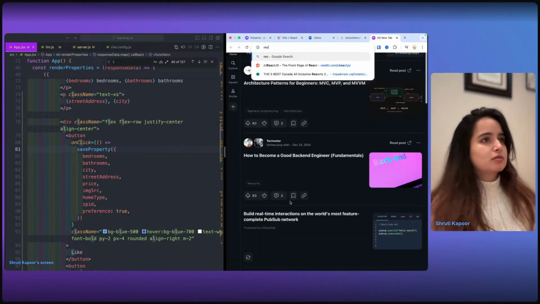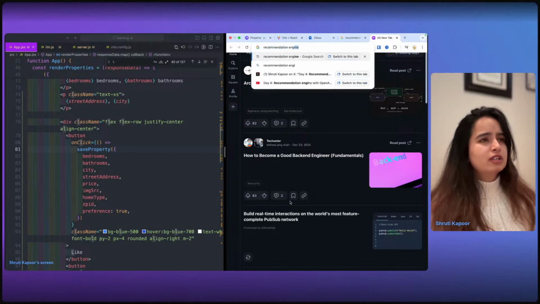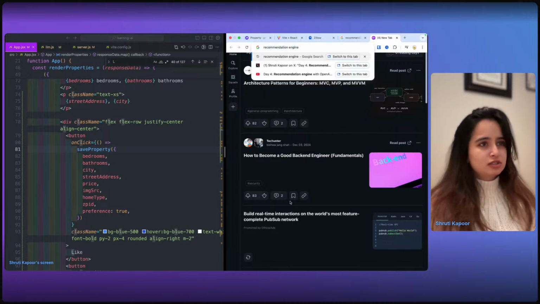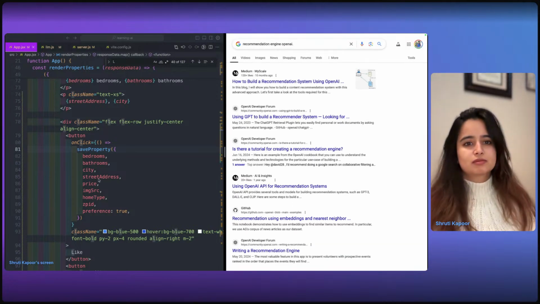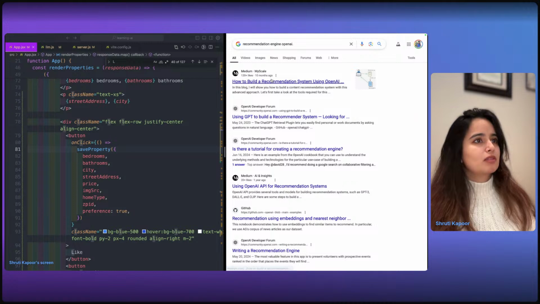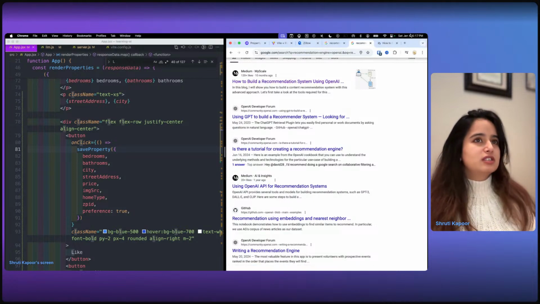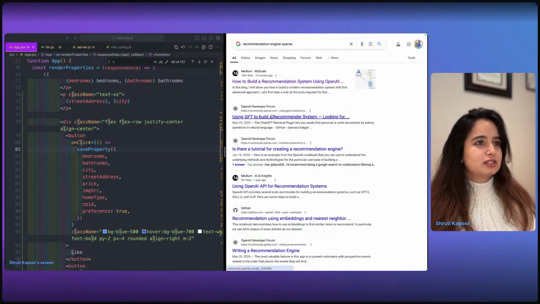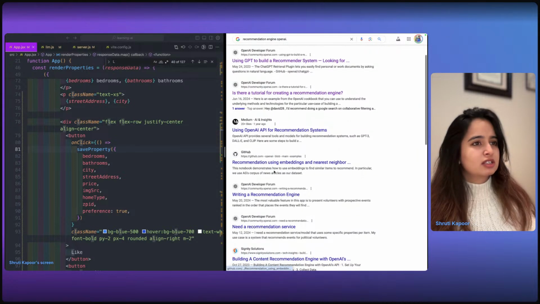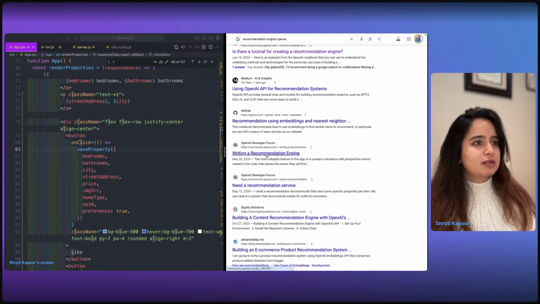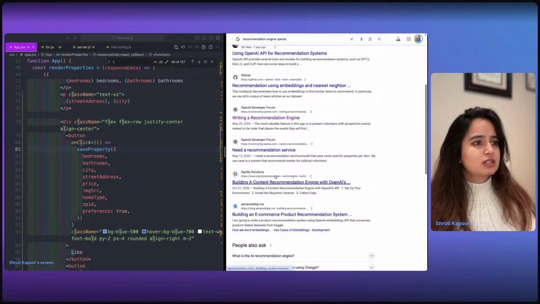If I remember correctly, I think I've seen a tutorial on building a recommendation engine in OpenAI. Ooh, there's an article itself. This could be helpful. Tutorial for creating recommendation engine. That's literally what I need. Writing a recommendation engine.